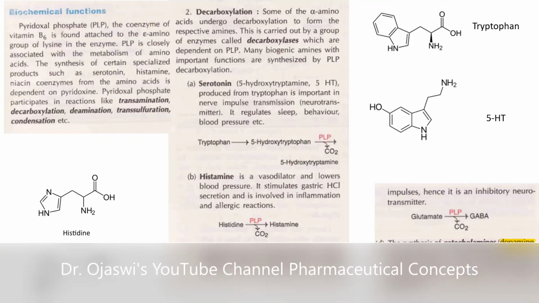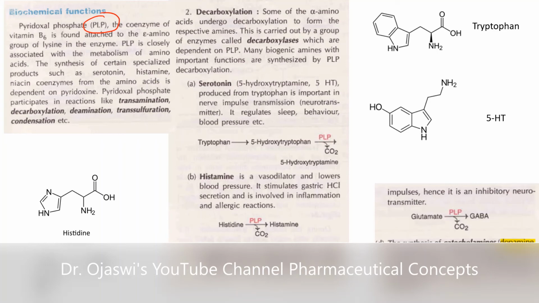Now coming to the last part of the amino acid metabolism. So far we have seen that pyridoxal phosphate, that is PLP, is the coenzyme of vitamin B6. So this has been very useful. This has played a very important role in transamination and in deamination. During the course of transamination, this PLP interacted with amino acids to form the respective Schiff base, and the amino group is then handed over to PLP to form pyridoxamine phosphate, and keto acid is liberated. So this happened in transamination.